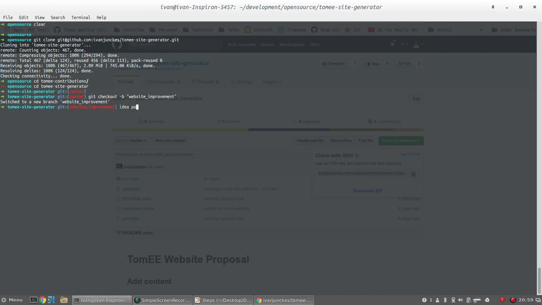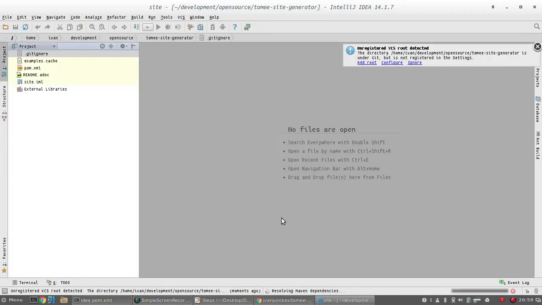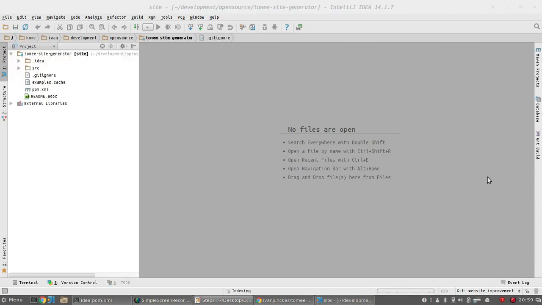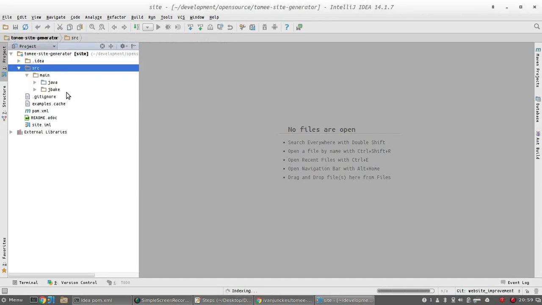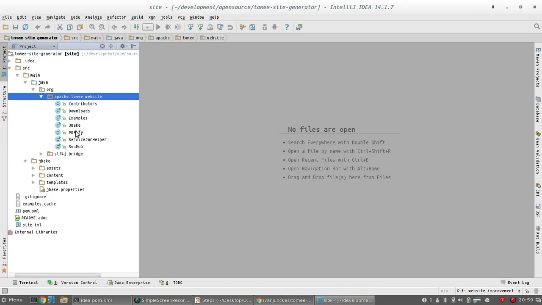IntelliJ here. I'm using IntelliJ, but you can choose to use Eclipse or whatever IDE you want to use. So IntelliJ is opening. Great. We just need to wait a little bit. So here we have the project, the source code, and then this is the project structure. So here are a few Java classes that